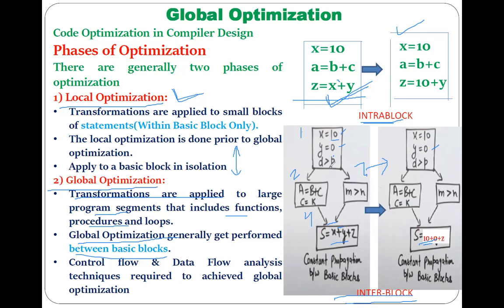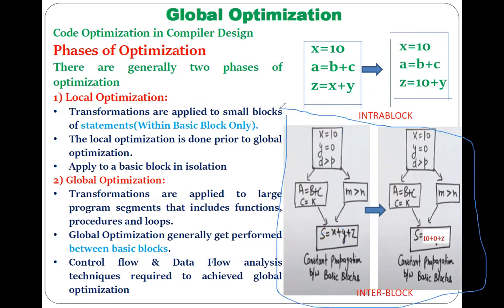Now, in order to perform this, you can see we are interacting with basic block 4. Basic block 4 needs to interact with basic block 1. Understood? Basic block 4 needs to refer to basic block 1. So this is the inter-block communication, the inter-block interaction, in order to do the modification, to make the changes in the code. And this inter-block modification is called a global optimization, where, as I have already mentioned, global optimization generally gets performed between the basic blocks. Okay, so this is just a sample example.